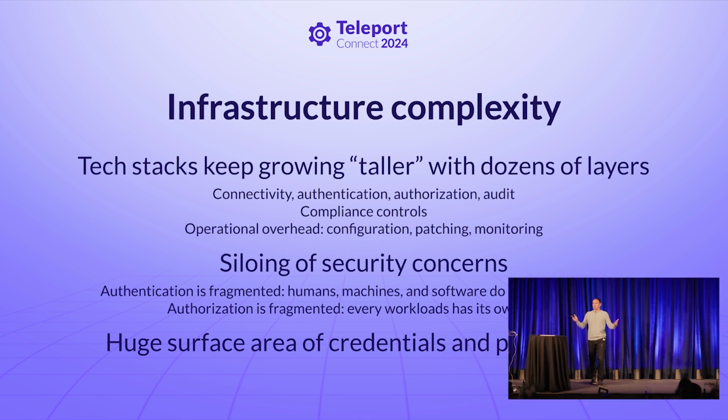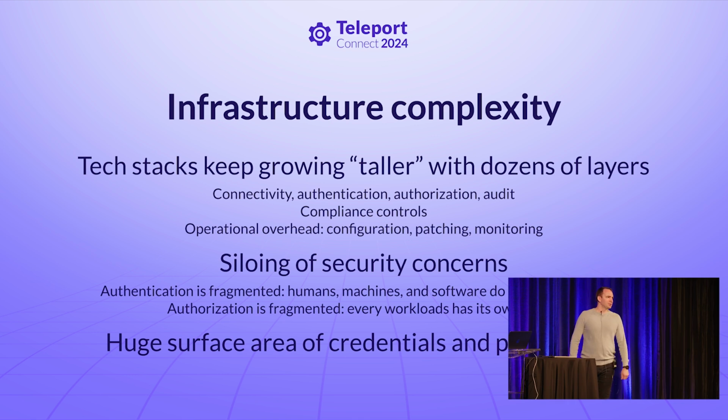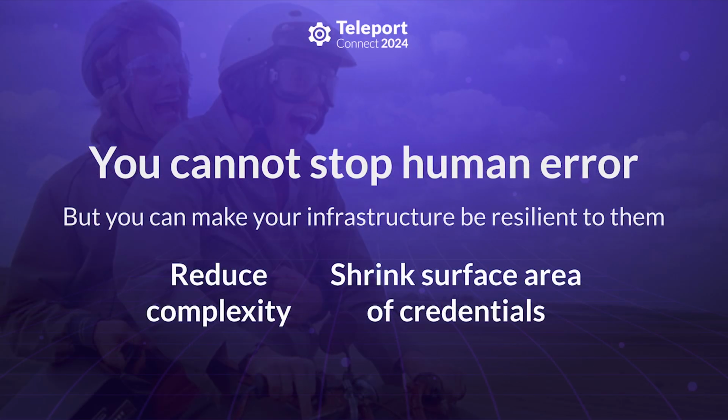Consider a very simple rule: the developer must access this production database under these conditions. How would you even implement this rule today in a modern infrastructure? Because the laptop of this developer has an identity, the developer themselves, there is the identity of a database, the identity of a server. All these identities are stored in different places. There is VPN, there is Okta, there is a privileged access management solution. So identity is fragmented, policy is fragmented, there is complexity everywhere. That is why humans are making more mistakes than ever. Complexity kills.